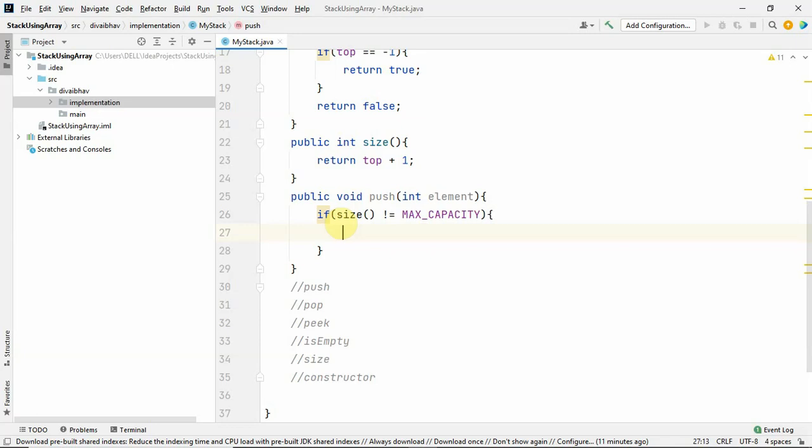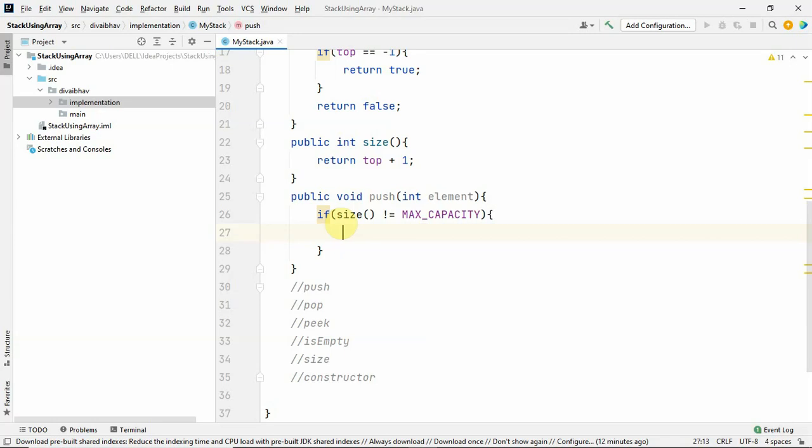When there are elements equivalent to the max capacity. If max capacity is 10 and the total number of elements present in the stack is 10, we are not going to insert any more elements. So whenever the size is not equal to max capacity, we are going to insert the element.